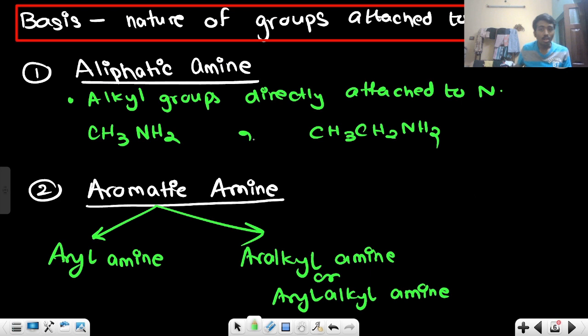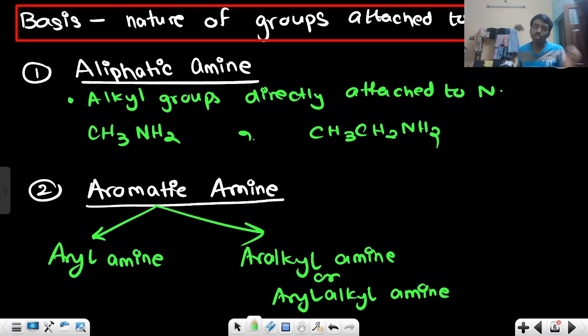Now, based on the nature of the groups attached to nitrogen, that is also going to matter, right? If there is hydrogen attached, then we have done the classification. But if there is not hydrogen but something else attached to nitrogen, then in that case what will it be? So based on the nature of the groups attached to nitrogen, we have divided into two types, aliphatic